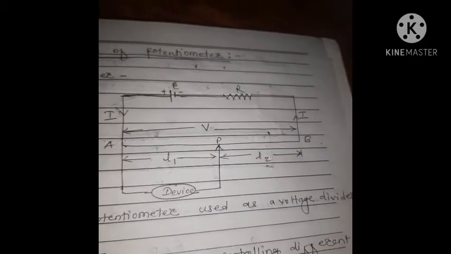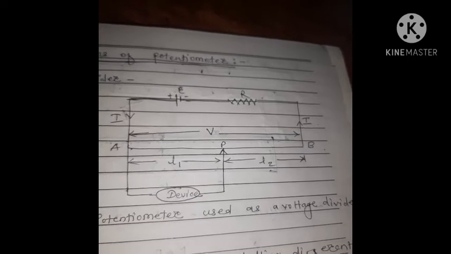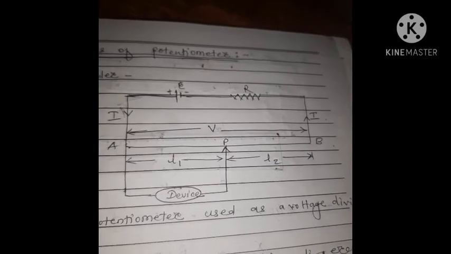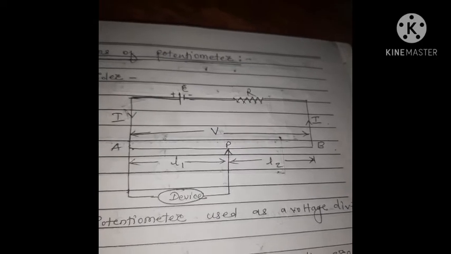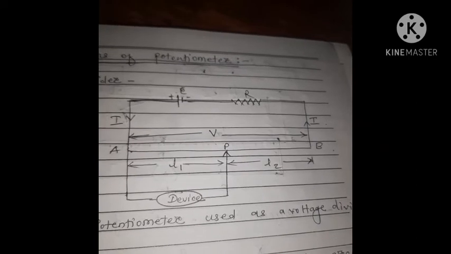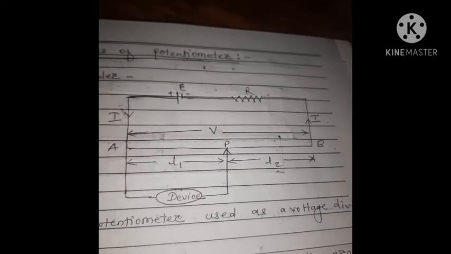Sometimes we need voltage in different values, or the output voltage must be changed. So to vary the voltage, the potentiometer is used